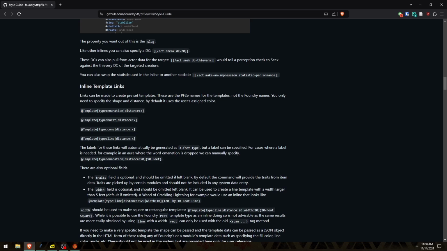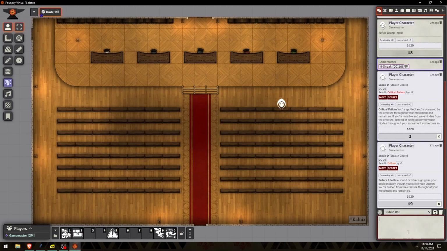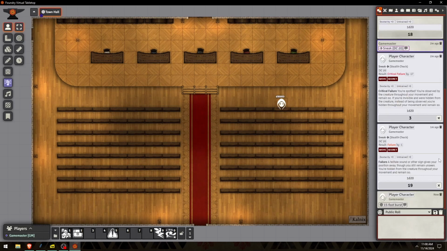So this creates templates that you can use to create placeable templates on the ground, right? So a 15-foot burst. When you click this, you get this draggable burst template, right? And so I don't have to go over to the template layer and draw a burst. I can just create these nice things. I can also